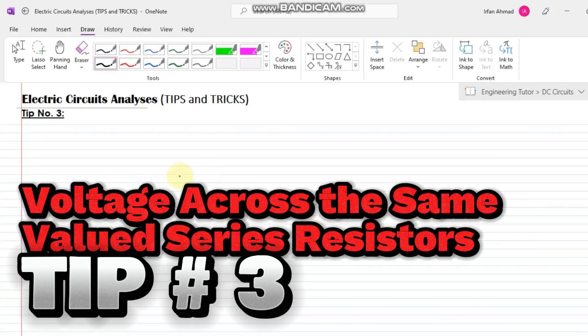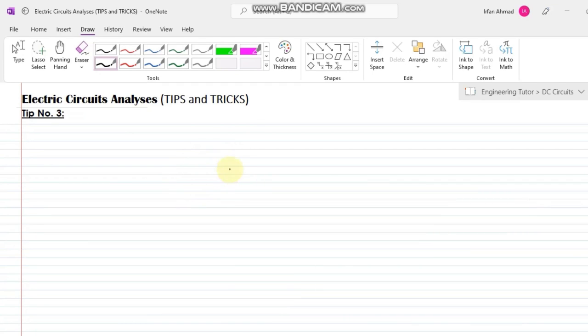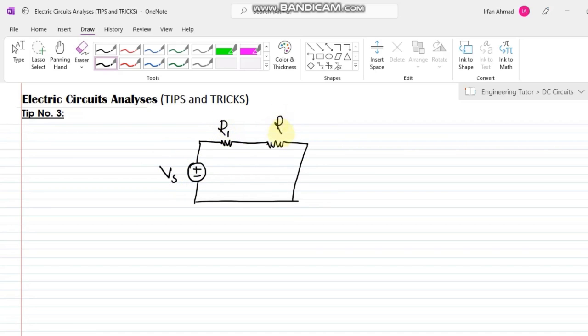Welcome back. So this is tip number 3 in circuit analysis, and in this tip we are going to discuss a very simple circuit in which we have two resistors connected across a voltage source here. Let me call this V of S, this is R1, this is R2. Let me call this V2, and I have to find the value of V2, which is VR2,